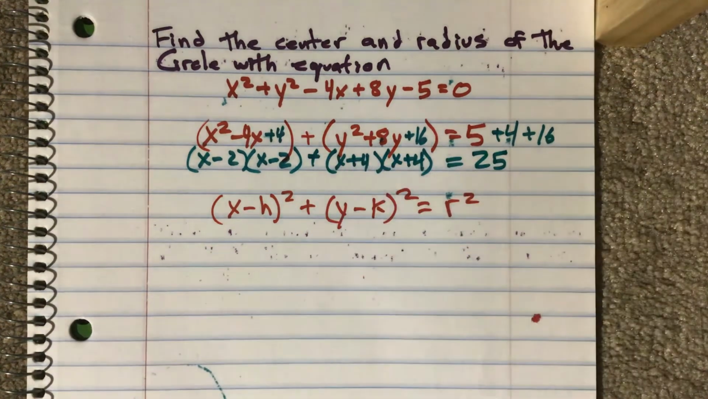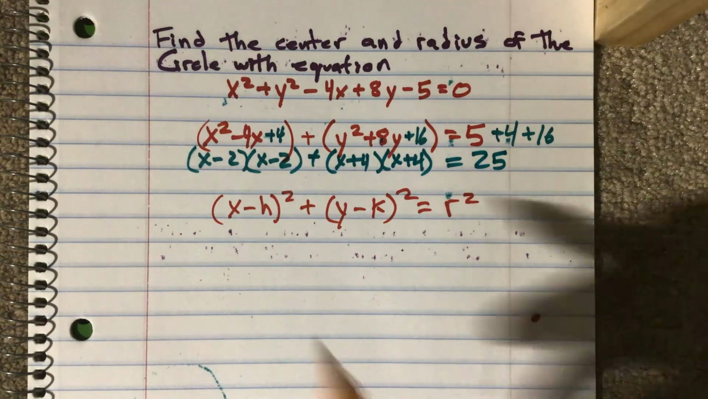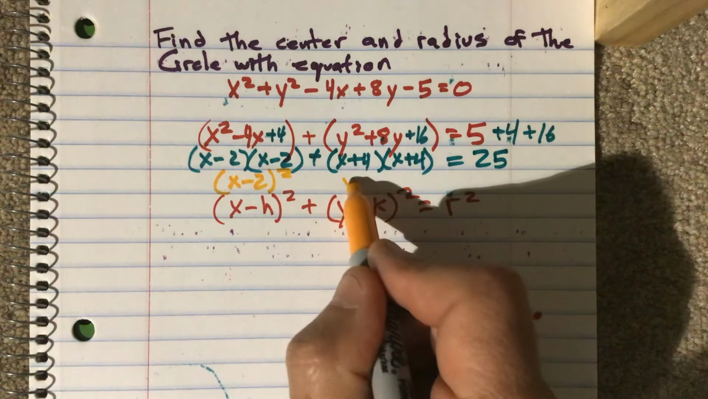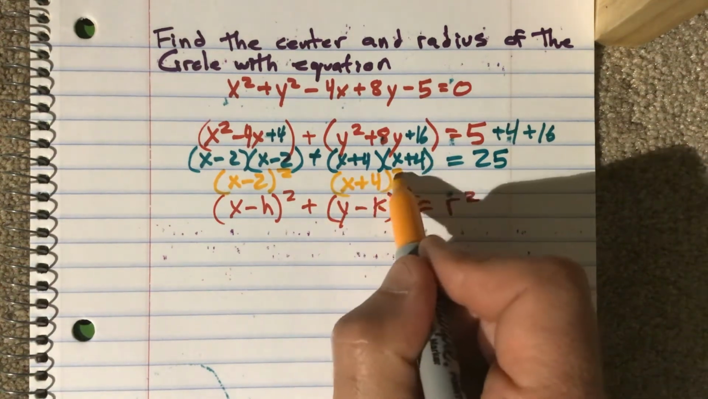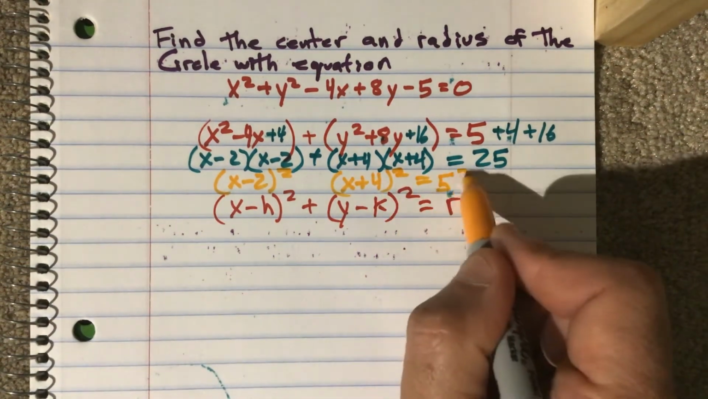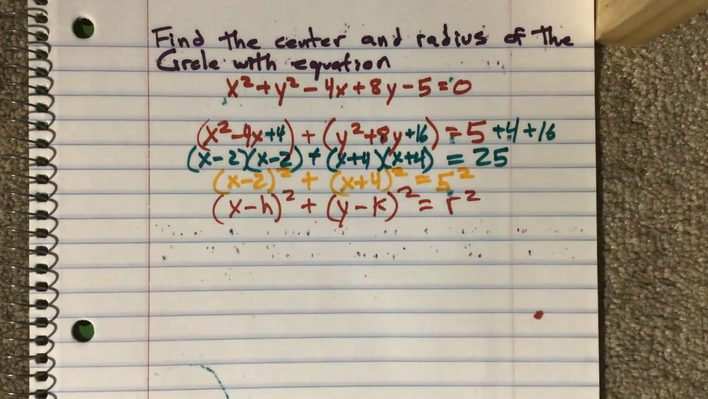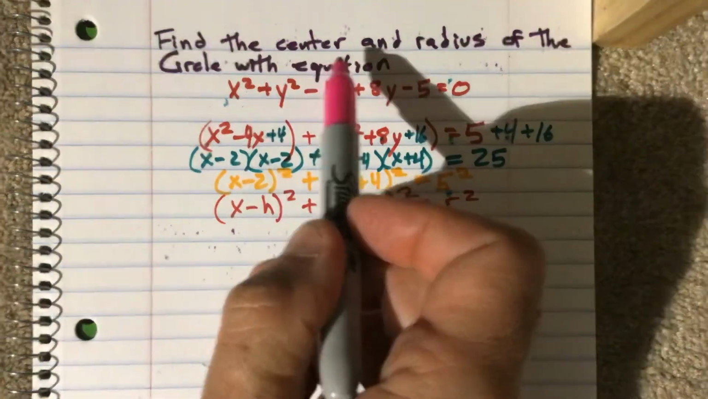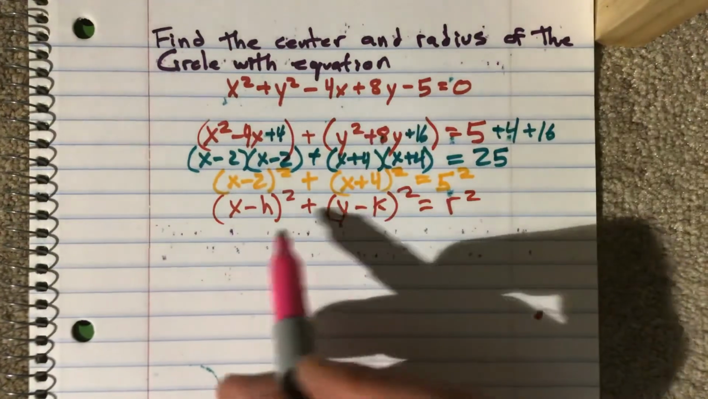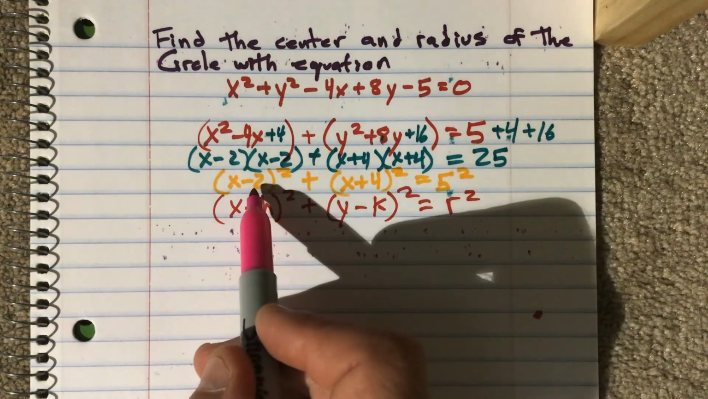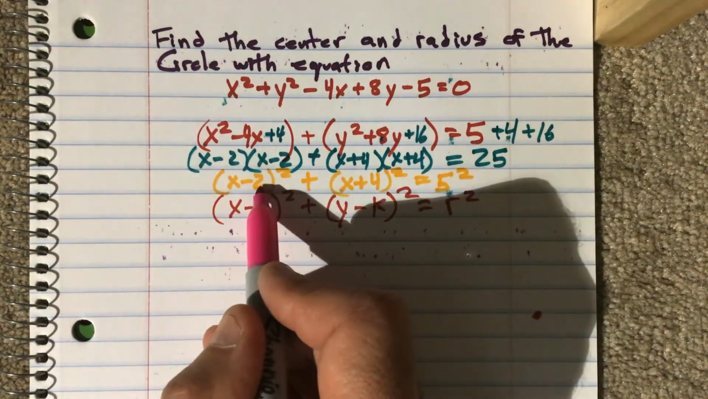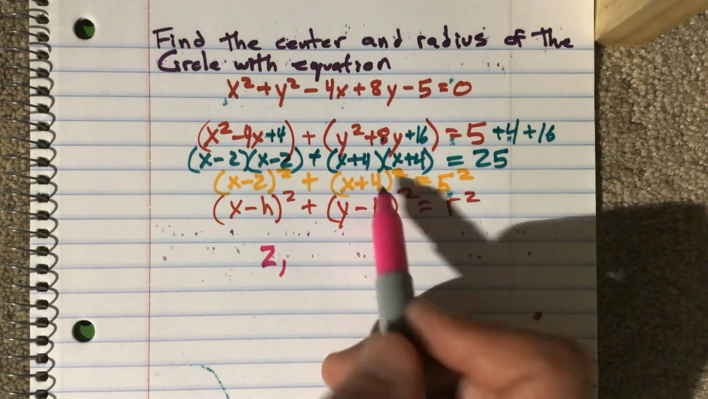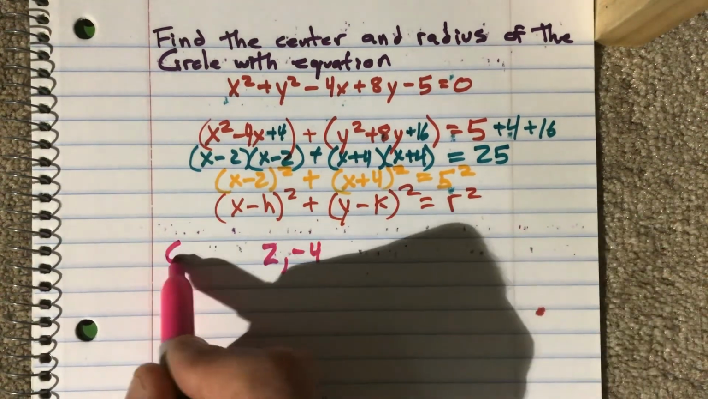Okay? And so what I've created now is this is x minus 2 squared. This is y plus 4 squared, and this is 5 squared. And so now I have this equation of a circle, and I can answer the question. The question says find the center and the radius of this circle. Well, the center is my h, k, which in this case is 2, right? That's my h. And this is a negative 4. This is my center,